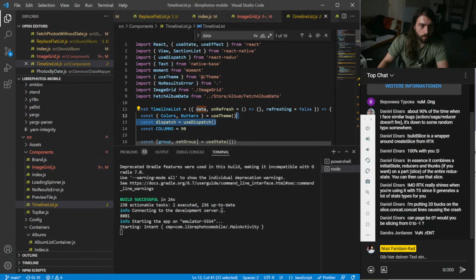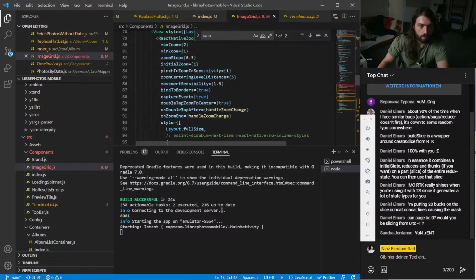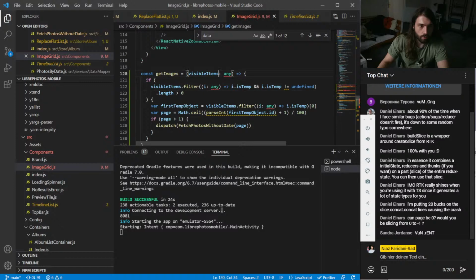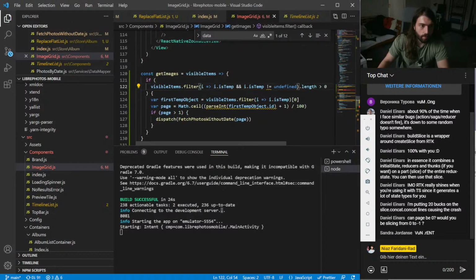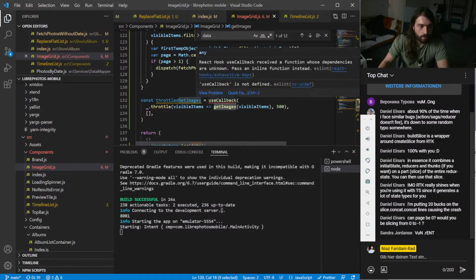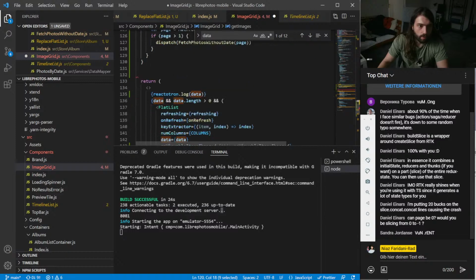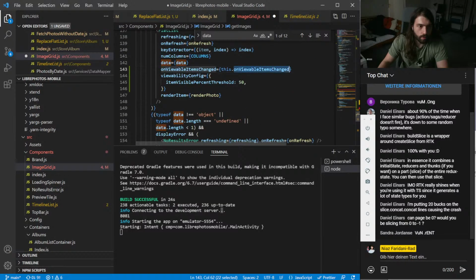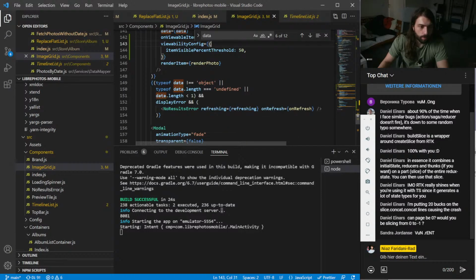Okay. Very cool. Let's go down here. It's not a TypeScript thing. I mean, that wasn't a good TypeScript anyway. Oh, okay. I get images, right? So I think that's fine. I don't need that. Let's just call get images. Right, cool.